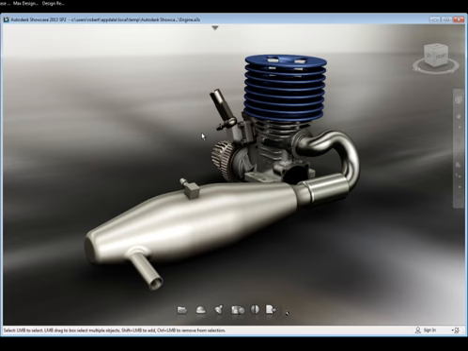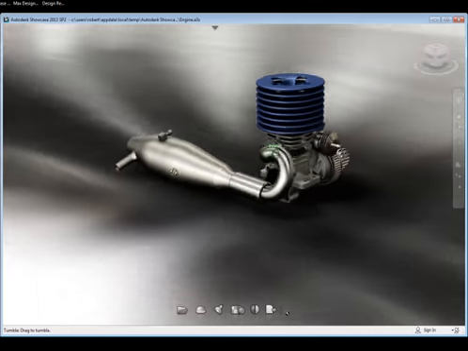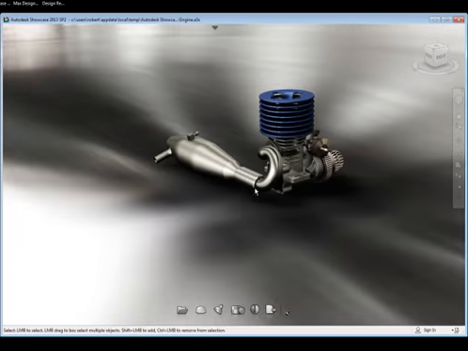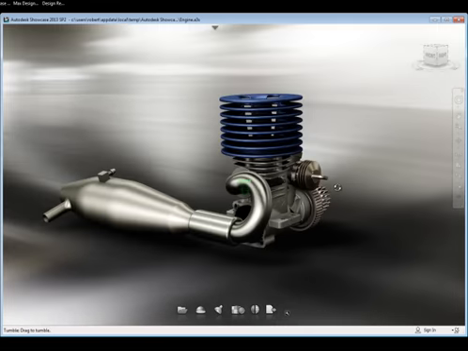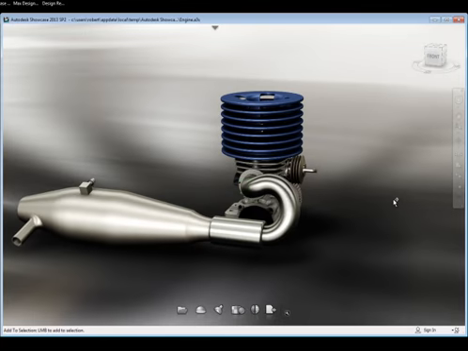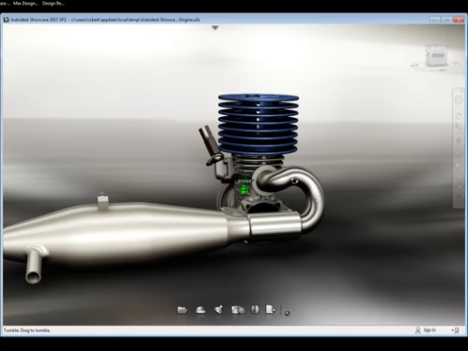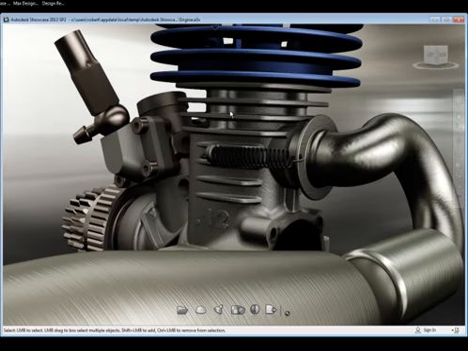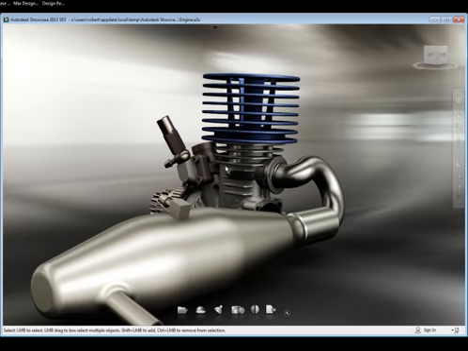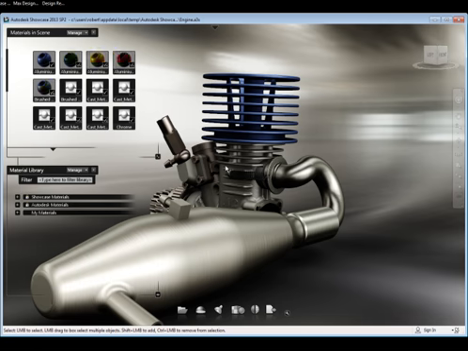And let's see here. You can see that basically Showcase is a pretty enhanced viewer, and you can look at some 3D objects pretty realistically on the fly like this. I'll zoom in right here and you can see the actual texture of the metal. Looks really good. And I'm going to press M on my keyboard and bring up the materials